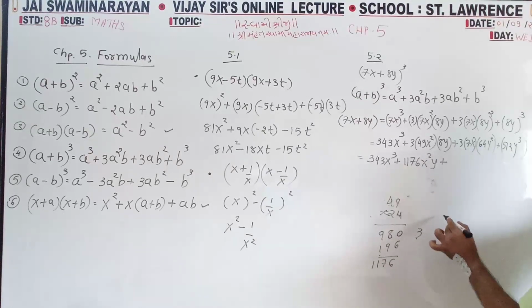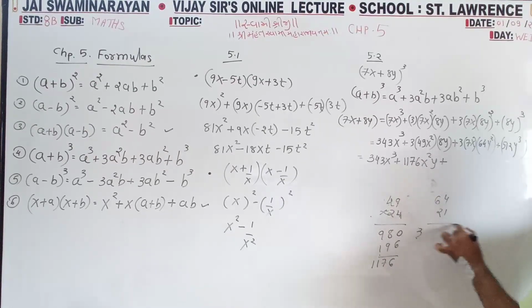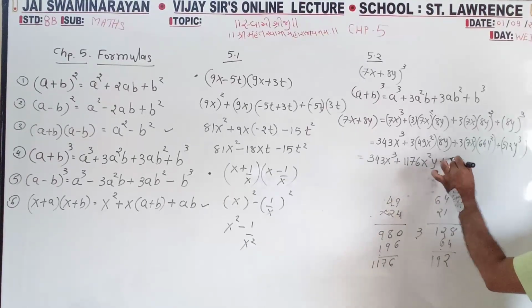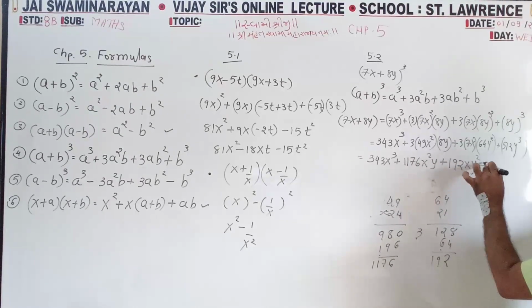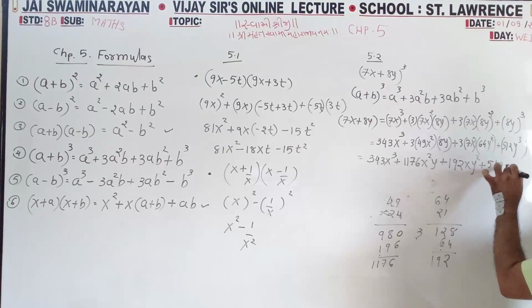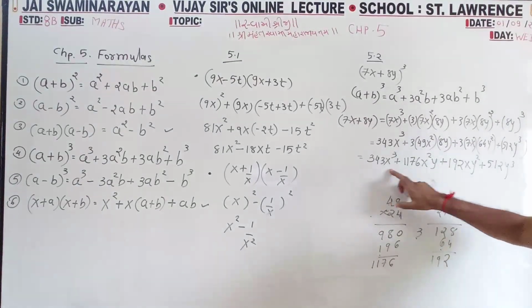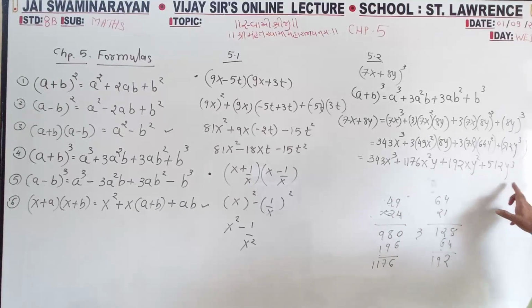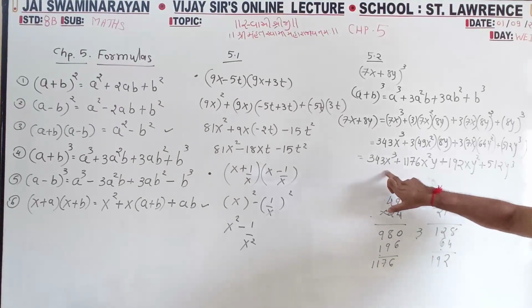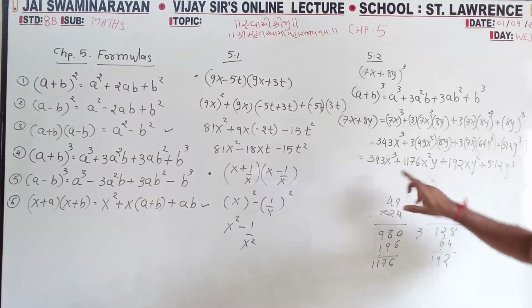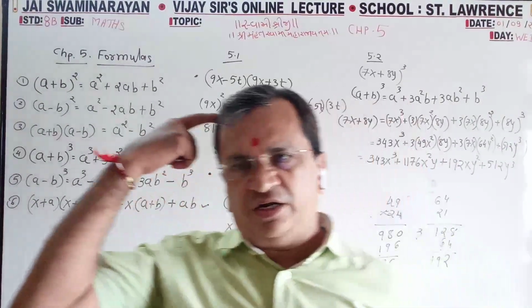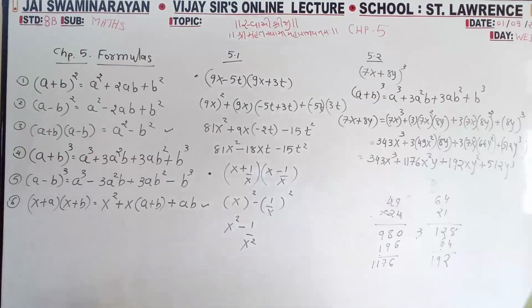Plus 3 into 7 is 21 into 64, 192 x y square. X cube, x square, x, 0. 3 2 1 0. For x it is 3 2 1 0. For y it is 3 2 1 0. That you have to check when there are two alphabets. If there is only one alphabet at that time,